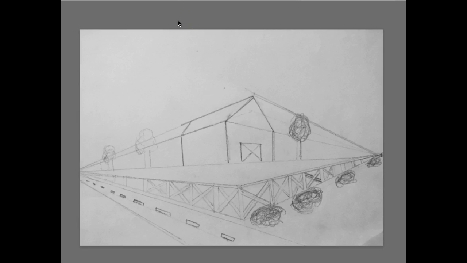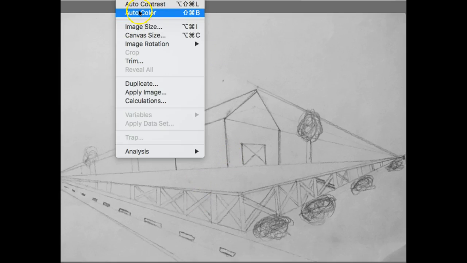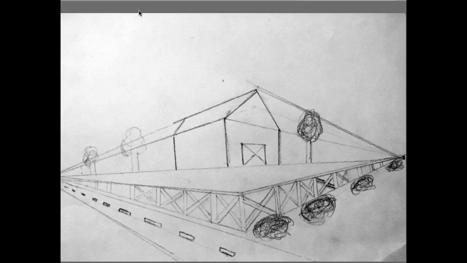Okay, Christina. Okay, yeah, so I'm going to start with your presentation here. You could probably just maybe touch it up a little bit here in Photoshop. It's always nice to do that, just kind of lighten it, make sure that the paper is white and black and white. Okay, you've got your house here,